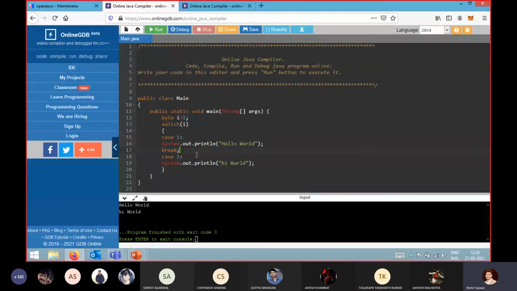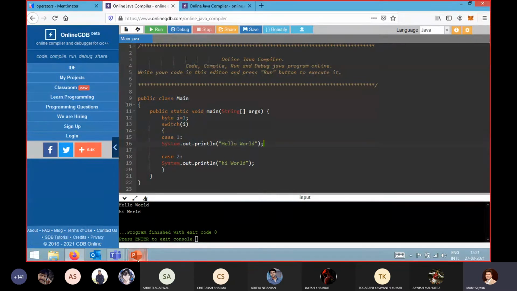If you do not write a break statement, and it is satisfied by any one of the cases, like here case 1 is satisfying, then automatically whatever cases are there after this case, all those statements will be printed or executed. Always remember this point. This point is very important.